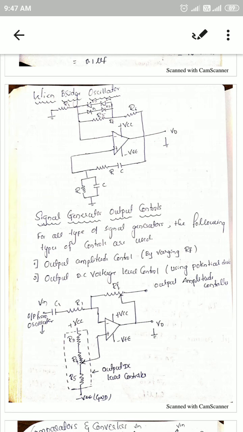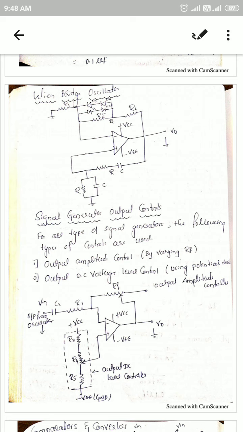Yes, good morning students. In the previous class we had a discussion about oscillator amplitude stabilization in the case of the RC phase shift oscillator. And one more type of oscillator which we discussed is the Wien Bridge oscillator. For the Wien Bridge oscillator also we have an oscillator amplitude stabilization network. So for any type of oscillator, it may be a Wien Bridge oscillator or an RC phase shift oscillator, whatever the type you use,